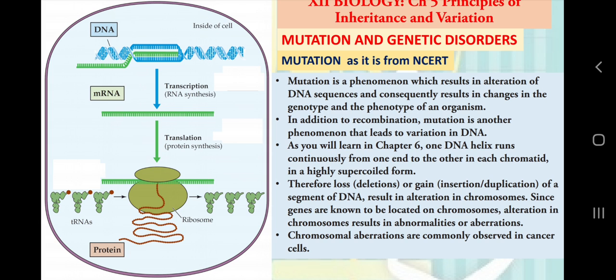Now, the change in DNA is possible in several ways, as you have learned in class 11th biology, that DNA is a very long thread made up of beads of nucleotides. Nucleotides are the basic bricks or basic units of DNA and RNA. So these deoxyribonucleotides, in case of DNA, there are 3 billion nucleotides in a thread. DNA is a double helix, and if we want to see the variation or the sequence of DNA, the difference we find in any nucleotide is only a single base, a nitrogenous base.